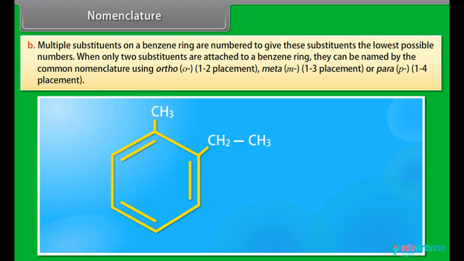When only 2 substituents are attached to a benzene ring, they can be named by the common nomenclature using ortho, o-, 1,2 placement, meta, m-, 1,3 placement, or para, p-, 1,4 placement. Given compound is 1-ethyl-2-methylbenzene,